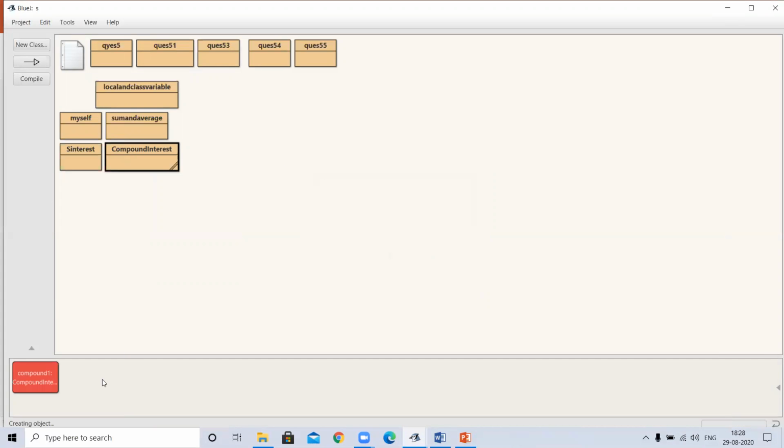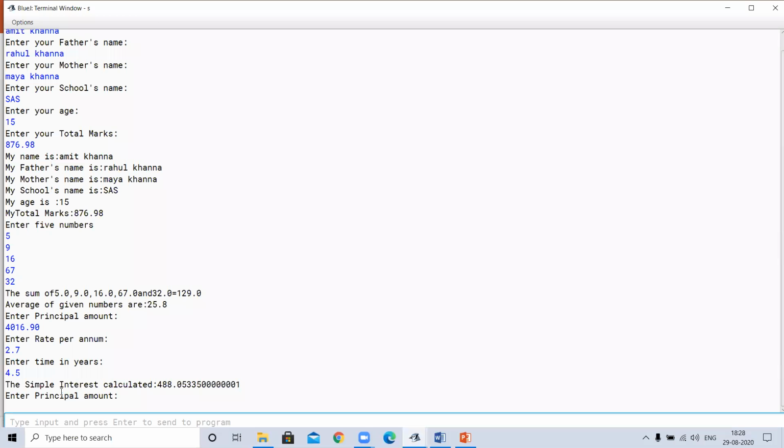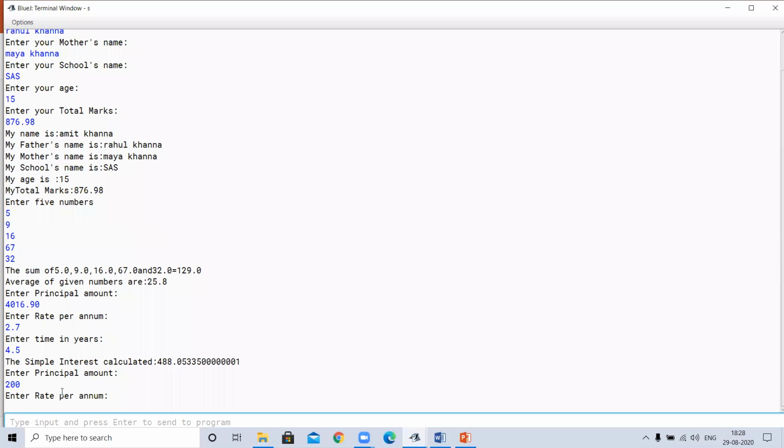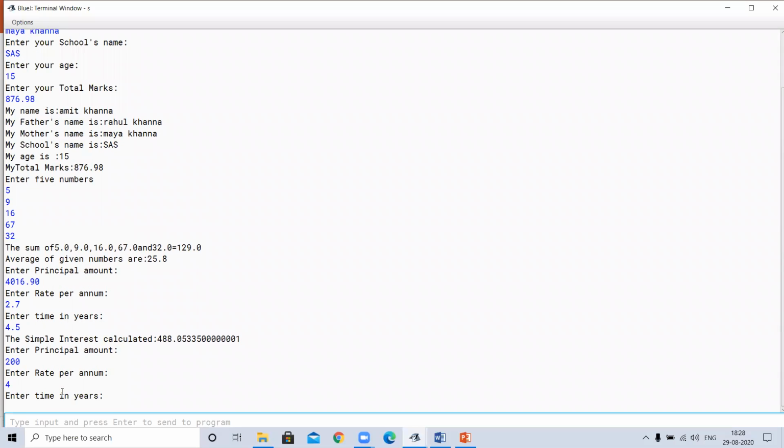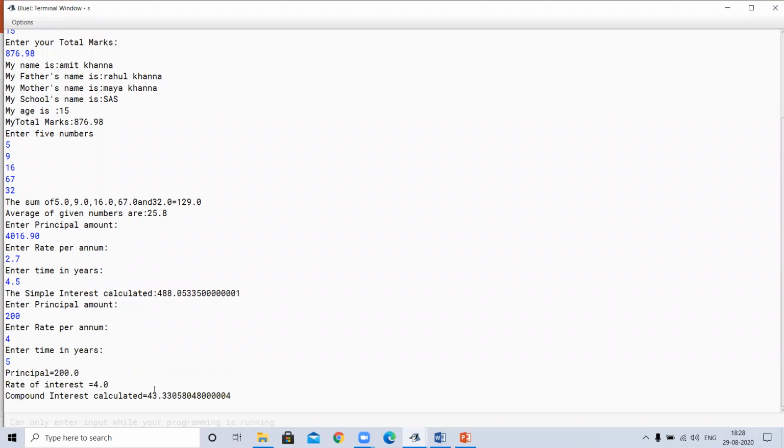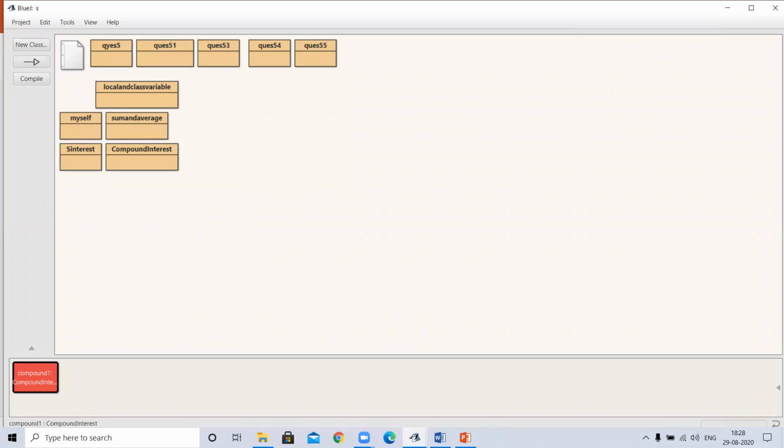I've created the object, so it will ask for the principal amount, rate, and time. Rate is 200 per annum, time is 5 years. So this is the calculated amount, principal, rate of interest, and then the final compound interest. In this way you can calculate compound interest and also simple interest.